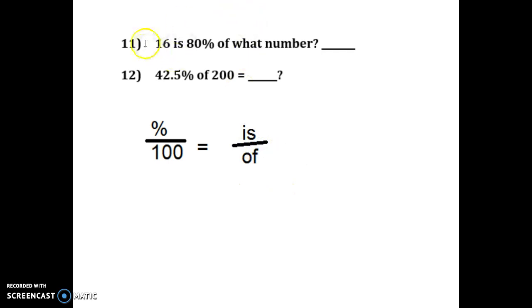All right, so let's see what information we have on number 11. I'm doing this one first. 16 is 80% of what number? Does it give us a percent? It does, right? 80. So we're going to say 80 over 100 equals, does it give us the is or the of? It says of what number? That means we don't know. So we're going to put an X there. And is, 16 is